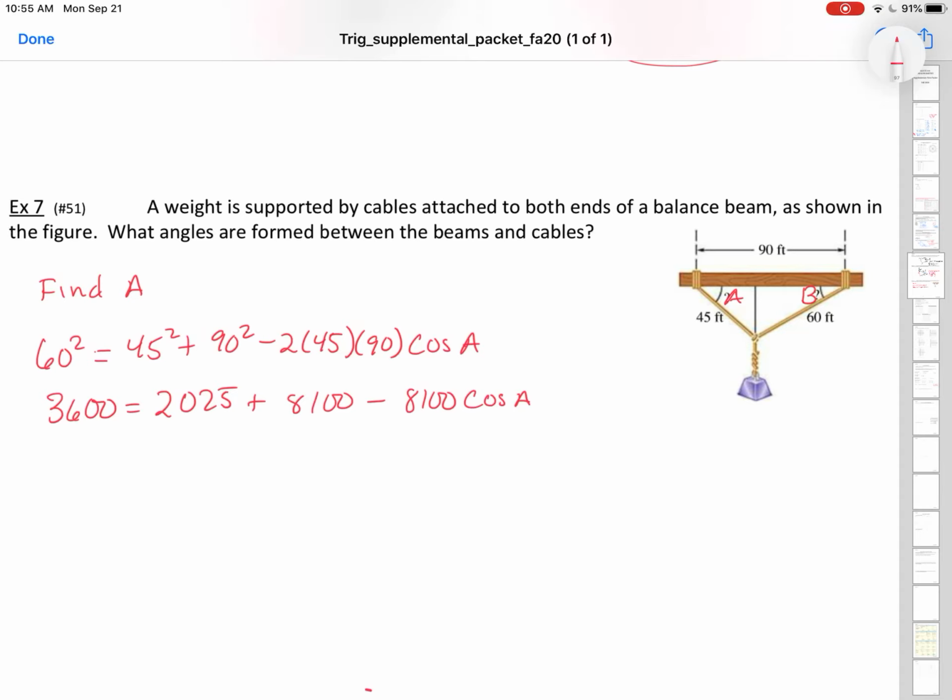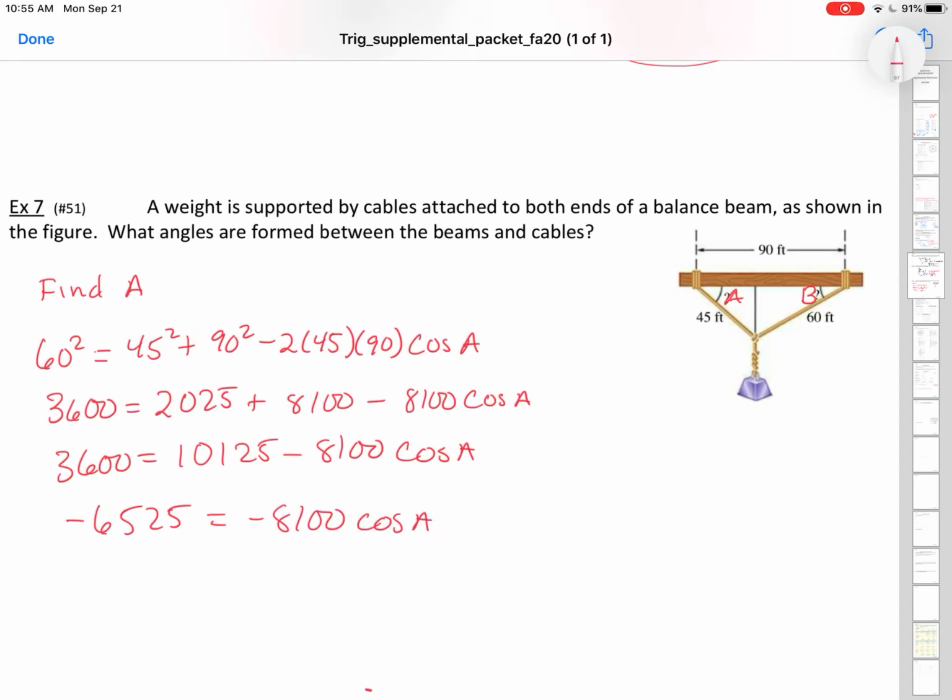Perfect. So now I'm going to take the 3600. Well, I'll leave that alone. So you can just clean things up. 2025 plus 8100 is equal to 10125 minus 8100 cosine A. So we'll take the 3600 and subtract away the 10125, and get a negative 6525 is equal to negative 8100